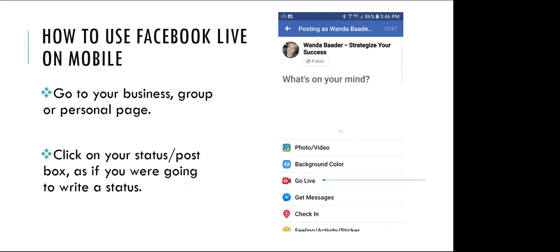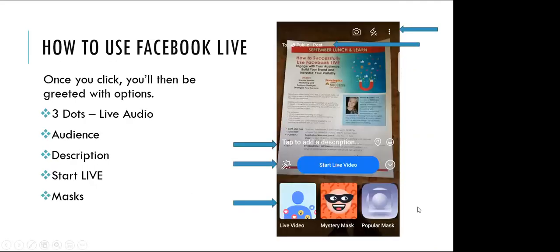So here's a screenshot of what it looks like to go live from your phone. Up here, it's just like a regular post. You hit this go live button, and then it will take you to this next screen. Again, you're not live until you say start live video.